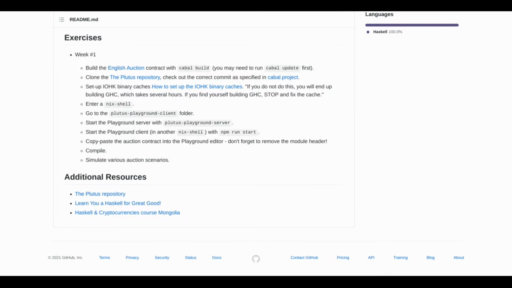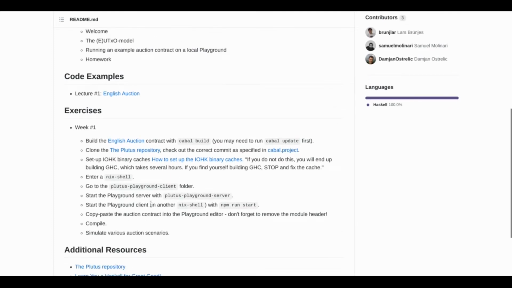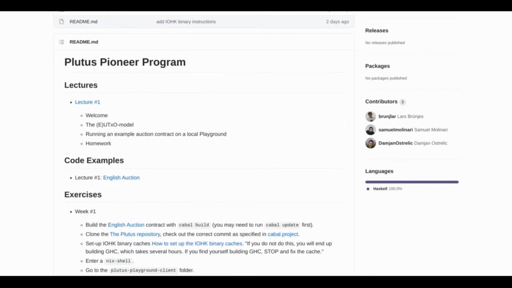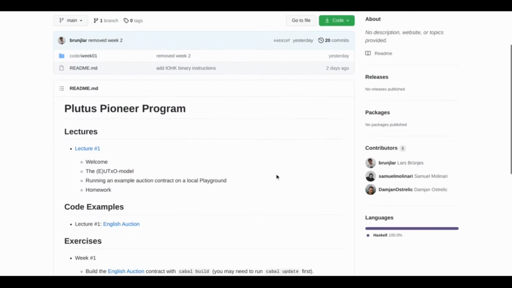They've taught classes, if I remember right, in Bermuda, Ethiopia, and Mongolia, and now we have the Plutus Pioneers course. I saw a lot of chatter online. Seemed like some people had trouble loading the Nix shell and doing all this sort of stuff for the Plutus Pioneers class one. But Lars Brunjes goes through it all in the class, and can give step-by-step instructions on that. So hopefully people were able to figure that out.